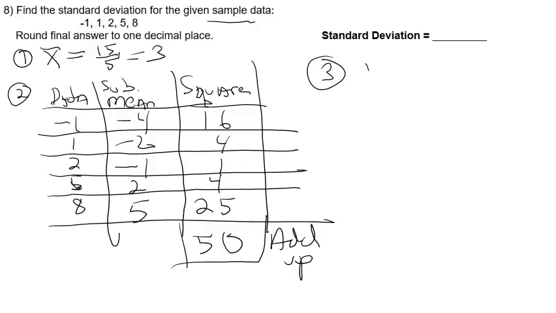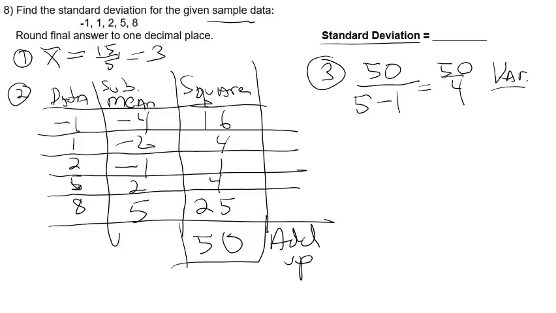So I'm going to take the 50 and divide by the sample size minus 1. So I'm going to get 50 divided by 4. Now this is the variance right here. That's the variance. Okay? Well, we want the standard deviation, and the standard deviation is the square root of this